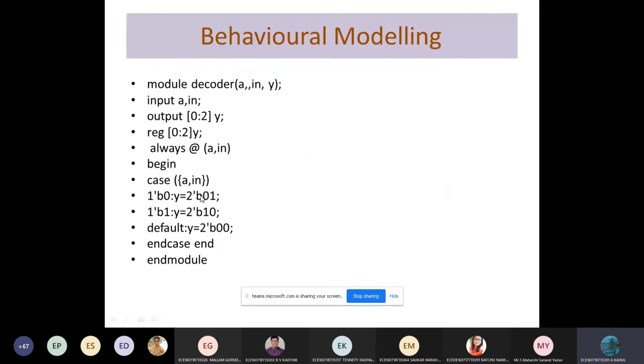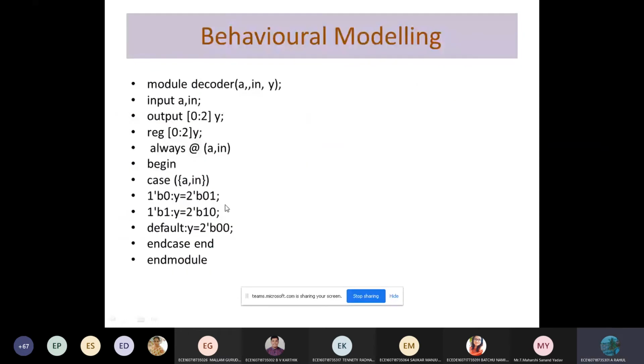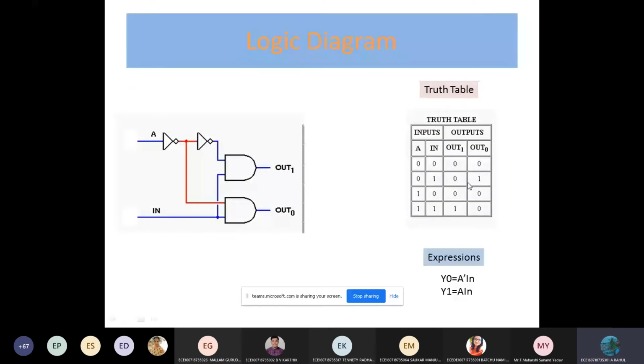So 1'b0 is the input which we are giving as the first input, and 2'b01 is the manner in which we are writing, we are having two outputs. So 0, 1 will be the output for the first input, and the second will be 1, 0 as the output. So in the same way, we are eliminating the enable. If we are having enable as 0, we will not be getting any condition. So we are eliminating that in the program, and we are writing directly the output 0, 1 and 1, 0 as here.